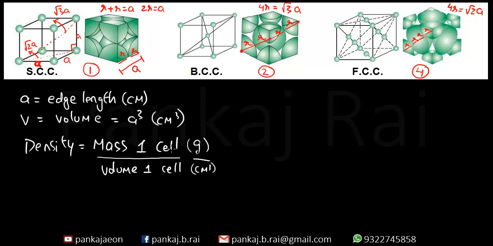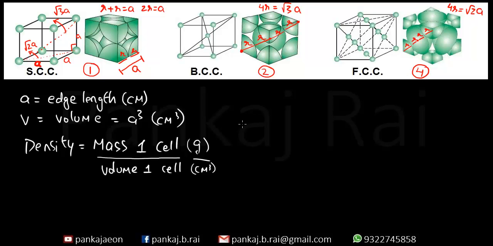What about the mass of one unit cell? This is a very important topic. How to calculate the mass of one unit cell. Now if you see, the cell actually comprises of atoms only and the rest of the space is void space. So the mass of one cell is equivalent to the masses of the atoms. For simple cubic, the mass of one unit cell is equal to the mass of one atom. For body centered, the mass of one unit cell is equal to two atoms, and for face centered, the mass of one unit cell is equal to the mass of four atoms.